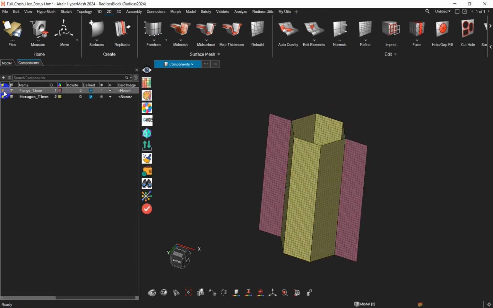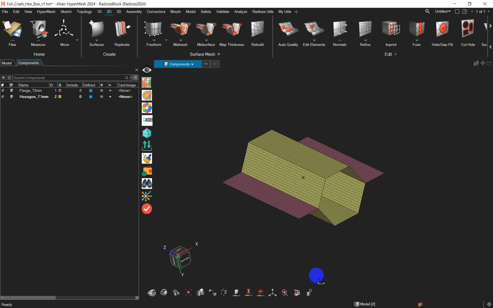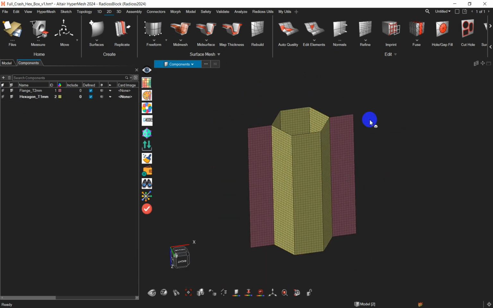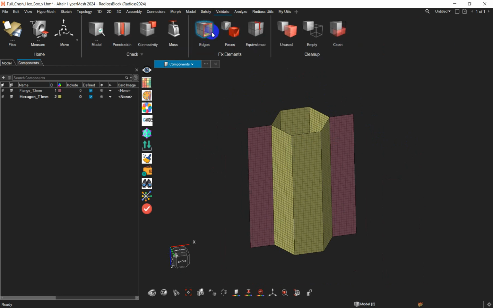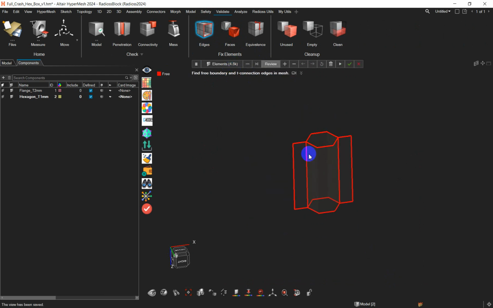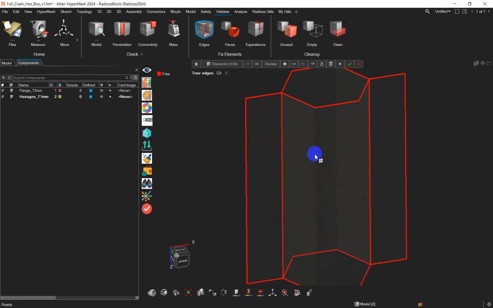Yeah. So we can turn off this cap to see. So I think this part is very simple. So the mesh quality is very good. So we can check the free edge. Yeah. So we can check this element and review. So this has a red color here. It means that there are some